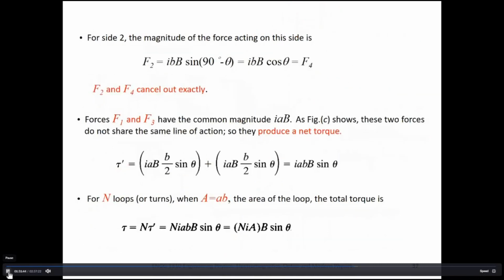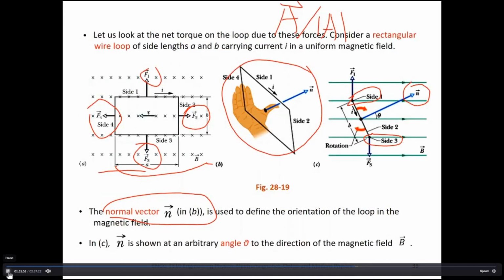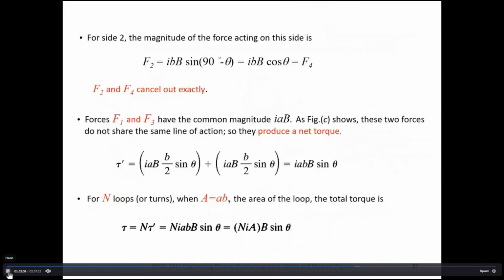Let's firstly put the equation. For side 2 and side 4, the current has a certain angle with the B field, which is 90 degrees minus theta. So the equation would be I l B sine of 90 degrees minus theta, which is cosine theta, and which equals to